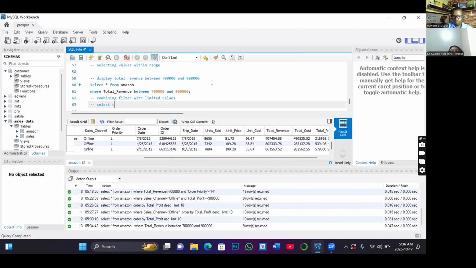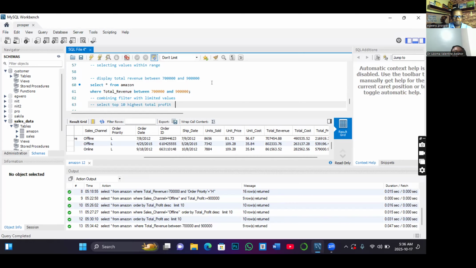Select top 10 highest, that is highest, top 10 highest total profit. Select top 10 highest total profits